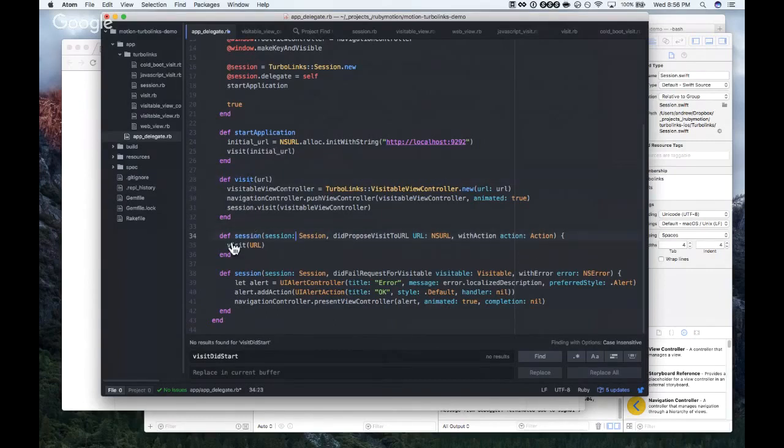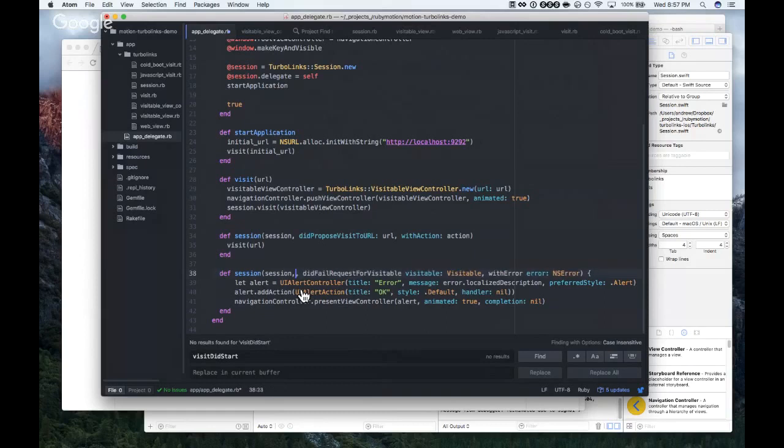Yeah. Session did propose visit to URL, colon. Yeah, you may have to lowercase URL there. With action, colon, action. Okay, so we've successfully translated that Swift.